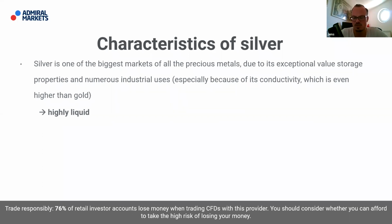But also in the basic version on which our backtest is built, it's very important to know that it's highly liquid. Sometimes the moves are very, very strong in one or the other direction. And we will see this in the backtest, and we will see this in the generated equity curve. But still, it's important to run such backtests and such strategies which work in their basic version without a stop. So with a hard stop loss you place, it's very important to run this with highly liquid assets in this case, to avoid, or not avoid, but reduce chances of getting to see something like a flash crash, which is completely wiping out the price of silver, respectively of gold in this case, which is very, very